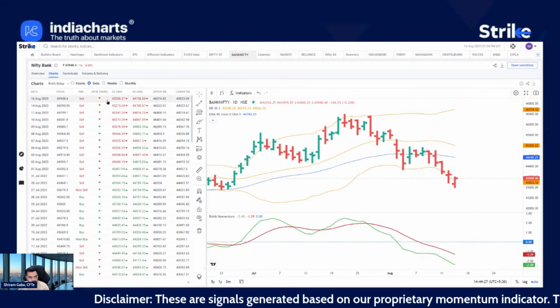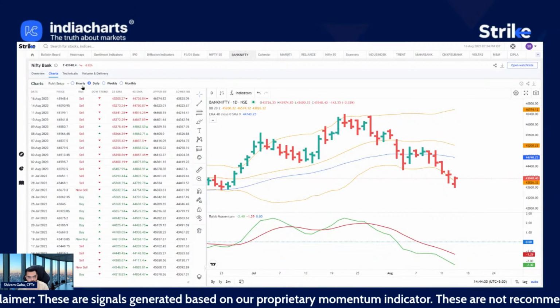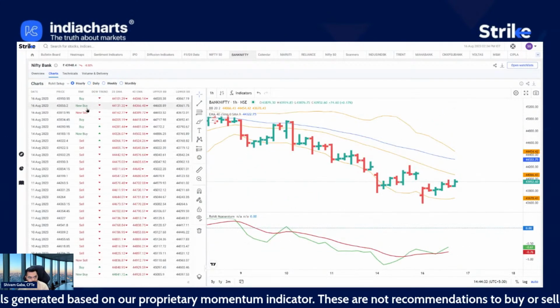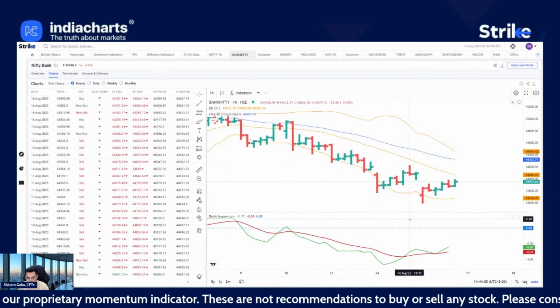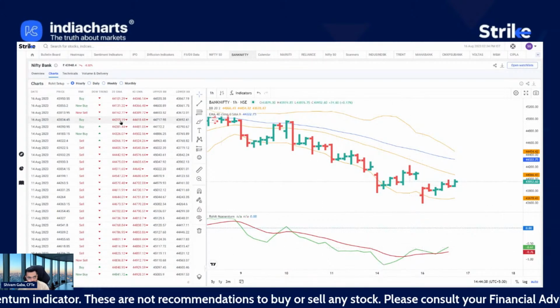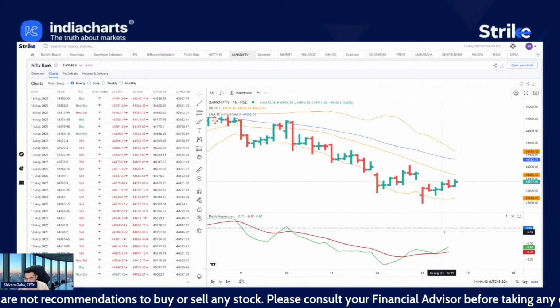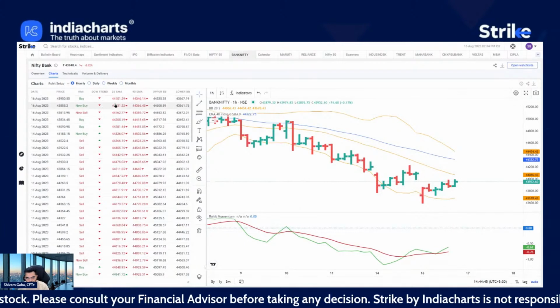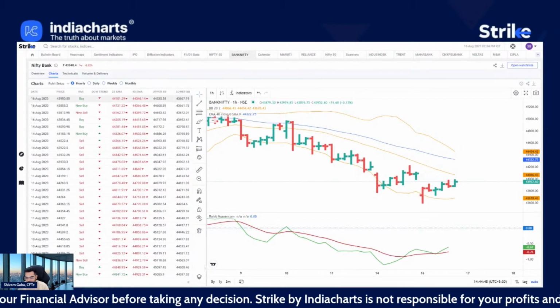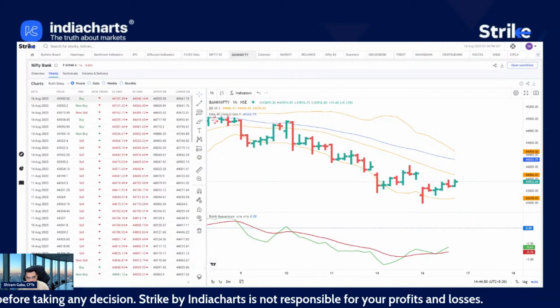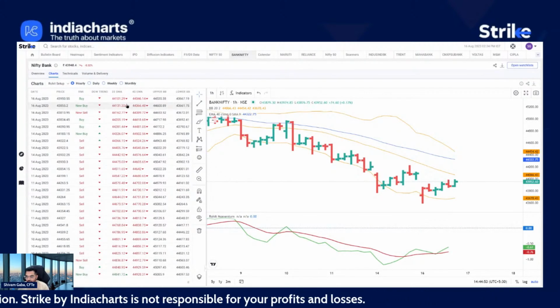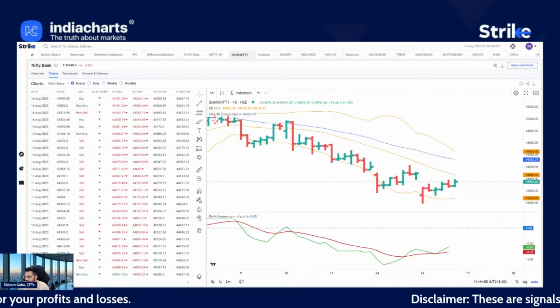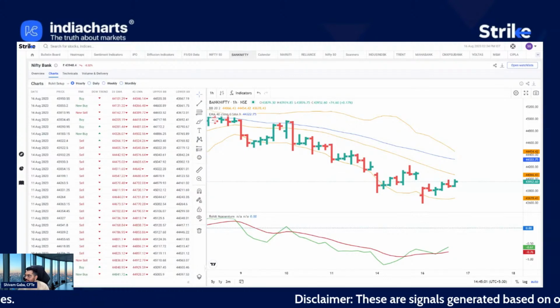So all the four parameters are negative here, no clear signal as of now. In terms of the hourly chart, you can see the RMI has whipsawed a couple of times into buy and sell, and right now it's trying to hold in buy. But more confirmation comes once the Dow trend also confirms and it is able to cross above the 20-hour average, which is around 44,100. Also note, we just saw in the options data that 44,000 was a crucial resistance. So this 44,000 to 44,100 mark remains a crucial level for the Bank Nifty index.